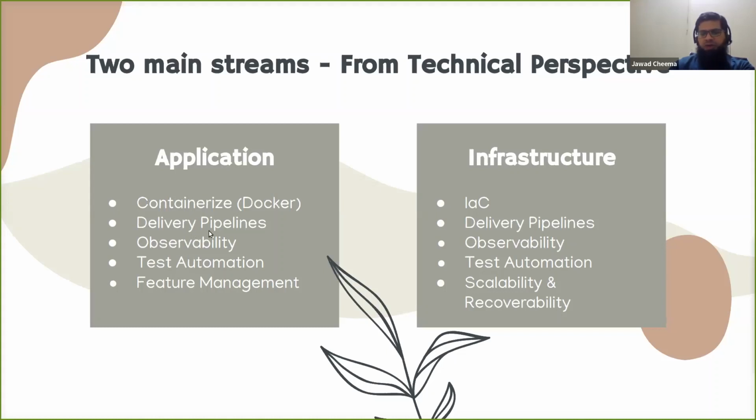Then you need delivery pipelines, like GitHub Actions or GitLab CI/CD pipelines or AWS or Azure pipelines tools. You can use any tools, but the main thing is setting up automated pipelines, continuous integration and delivery pipelines. And then observability is key as well,